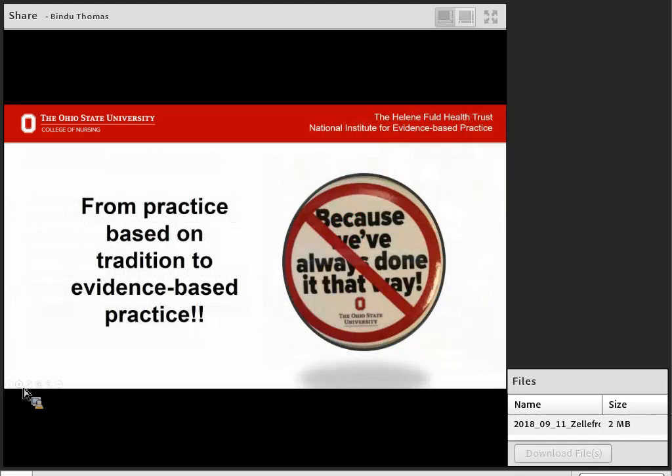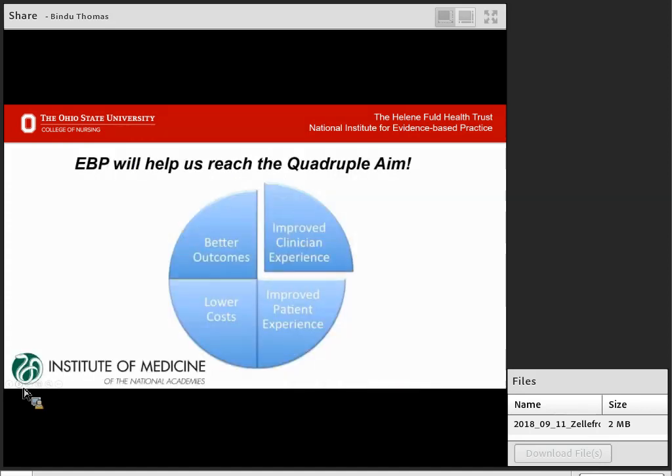So we can no longer continue to base our practice on tradition. Again, as faculty, we have the opportunity to lead the way and to really change the dynamic of healthcare. So again, it's time, and we sit in the perfect place. EBP, as we know, will really help us to reach the quadruple aim, which not only now includes better outcomes for patients and for everybody alike, lower costs and improved patient experience,